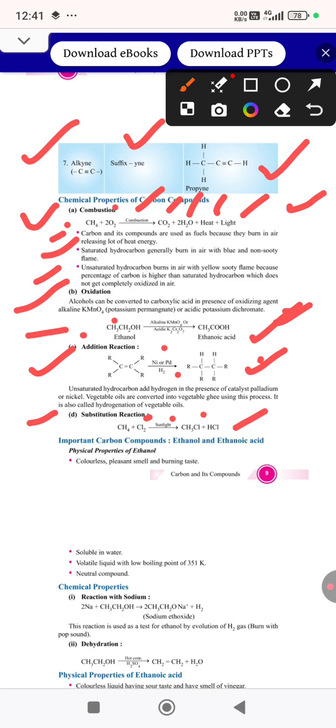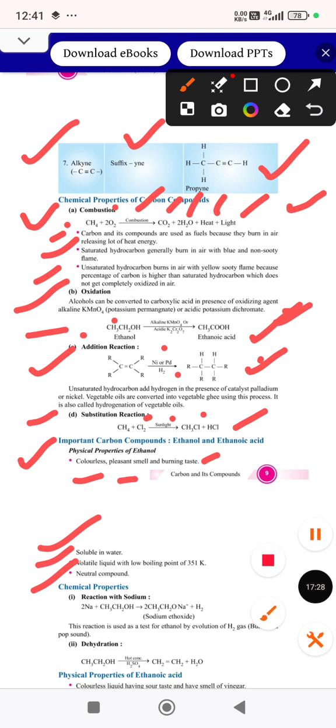Important carbon compounds, ethanol and ethanoic acid, and their physical properties. Physical properties of ethanol: it is colorless, it has a pleasant smell and burning taste. It is soluble in water, it is a volatile liquid with a low boiling point of 351 Kelvin, and it is a neutral compound. Chemical properties: